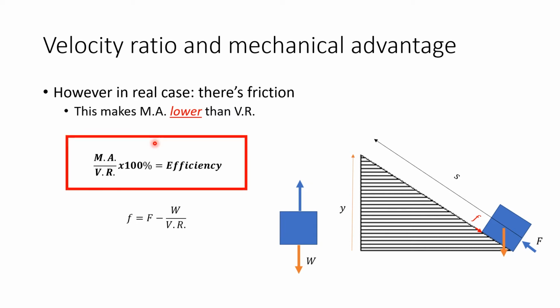So you could actually say that by virtue of the mechanical advantage being lower than the velocity ratio, you could calculate the efficiency of the machine. So if theoretically it should be the same number, calculated and multiplied by 100%, you would actually get the efficiency of the machine. And to reverse this logic,